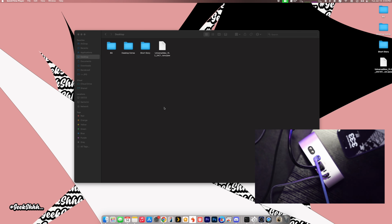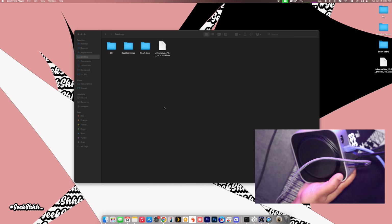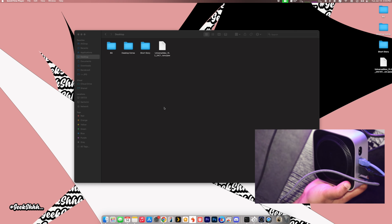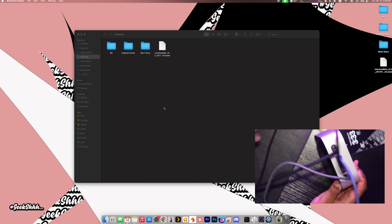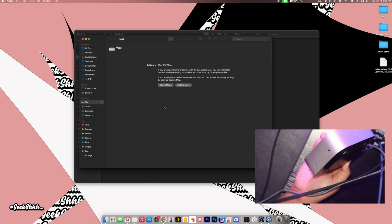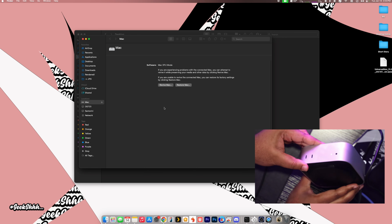All right, and now we have to plug in the power. But before we plug in the power, we have to start holding the power button. So we want to start holding that. Start holding the power button and then plug in the power cable. And then the light should flash amber. All right, as you can see, the light is flashing amber. Cool. So now that the light is flashing amber,